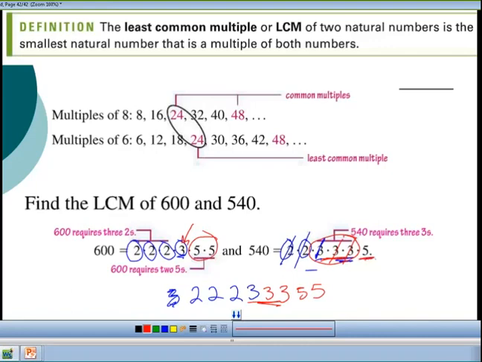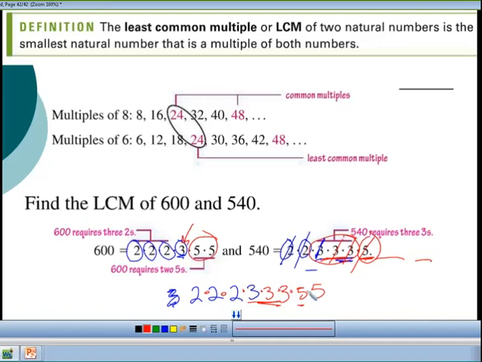And over here there's only one 5. If there were more 5s, say three 5s, then I would add one to the list. But I cross out whatever they have in common, so I have the one 5, and I've already counted one 5. So then this leftover result is all the prime factors that the two of them,